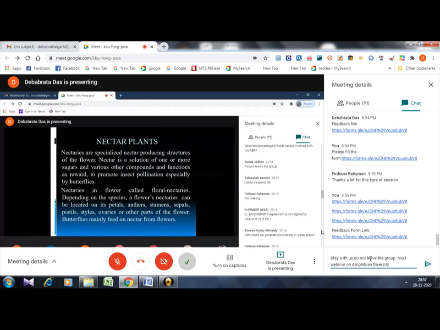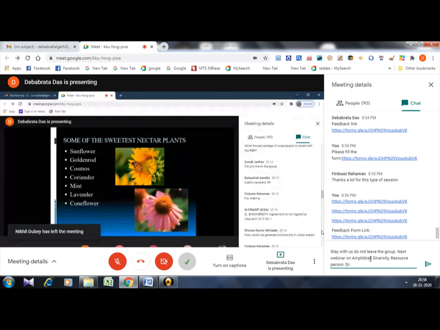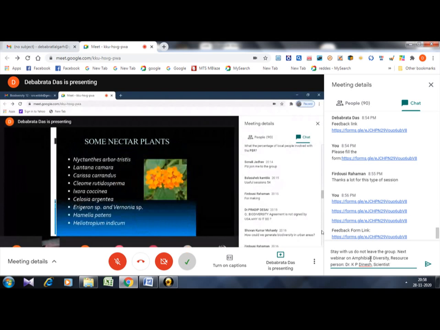Now you see the sweetest nectar plant. As I have seen here, butterflies mostly sit on these plants while they drink nectar. You can also see coriander and mint written there. Coriander and mint are both vegetable plants. We have eaten coriander and mint, but butterflies also like to feed on their flowers. And then some other nectar plants. You can see a Lantana camara photograph over here. Lantana camara is a very wild plant, but butterflies also like to drink its nectar. Then some others are also listed here. Then Ixora coccinea. Ixora coccinea is also a larval host plant for the monkey puzzle butterfly.